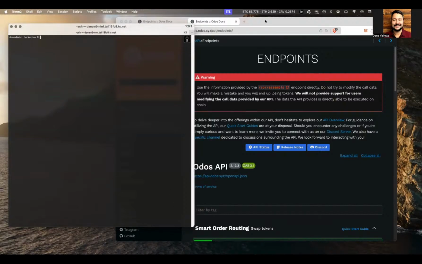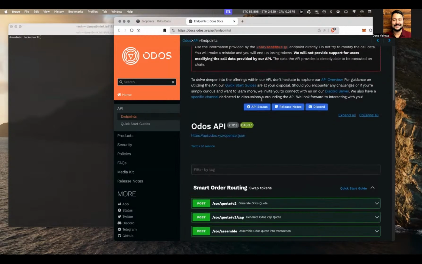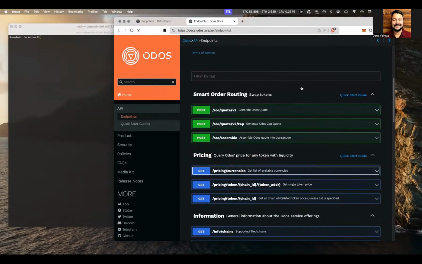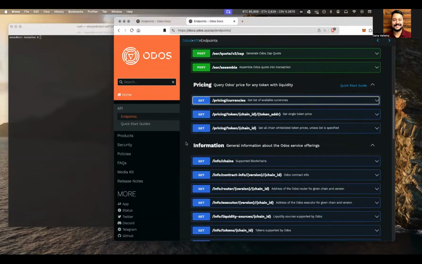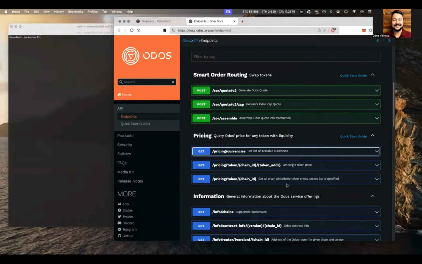All right. So I've created a few examples to show very basic functionality of how you would use the APIs that are within the scope of this hackathon. And again, that is the Smart Order Routing API and the Token Pricing API. Now, the bounty is applicable to either one of those APIs or both of them in your application, but you're certainly not limited to those. You could use the information endpoint, excuse me. You could also use the token pricing API through the QuickNode Marketplace add-on that we've recently released.